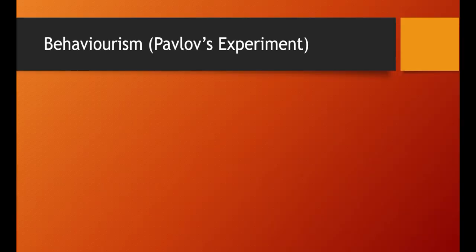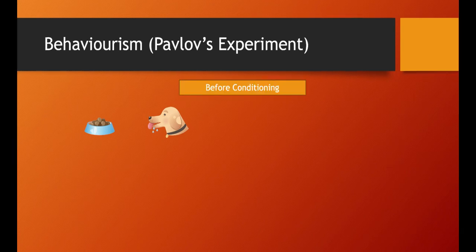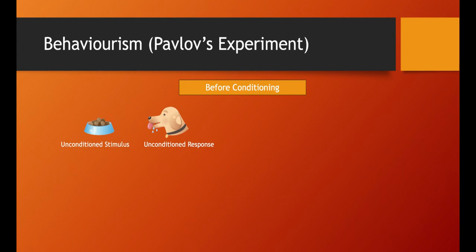Our presentation wouldn't be complete without a clear understanding of what happened in Pavlov's experiment. Pavlov had a dog, and like most people, he had to feed the dog. The dog salivates at the sight of food, which is a normal reaction that is activated because of food. Before conditioning, the food is considered an unconditioned stimulus that results in an unconditioned response. This means that every single dog on Earth would naturally salivate when given food.